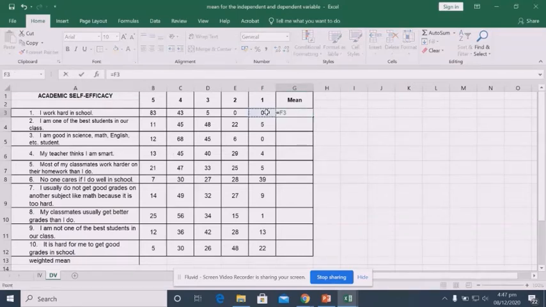So equals, divide 131 times scale 1 plus divide 131 times scale 2 plus divide 131 times scale 3